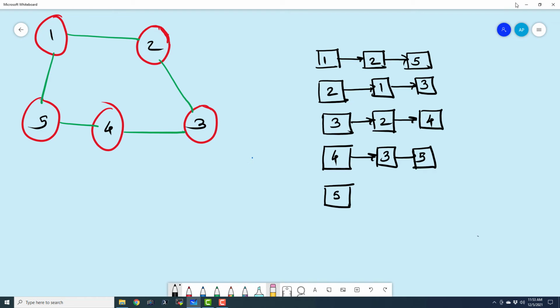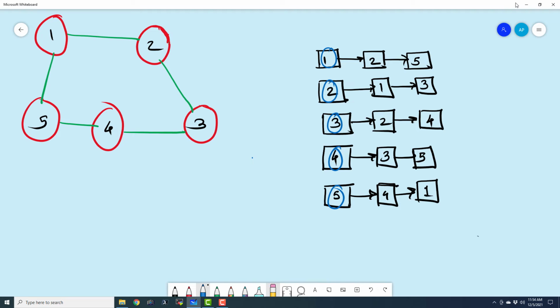And finally 5 is connected to 4 and 1. So we are not storing them in any particular order. We are just creating a list of elements that are connected to that particular node, which we are representing as head. So these are all head nodes, and then these are the other members of that particular linked list.